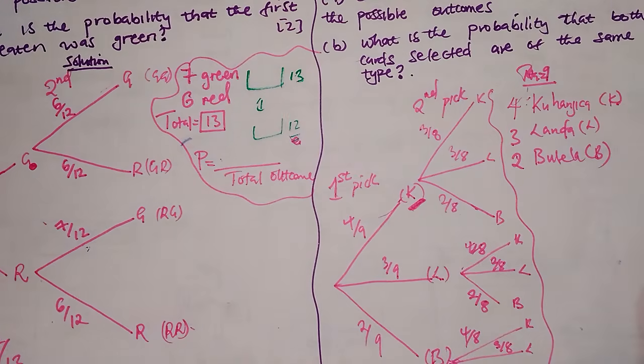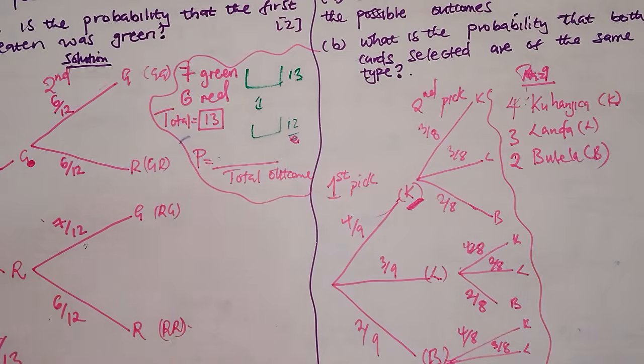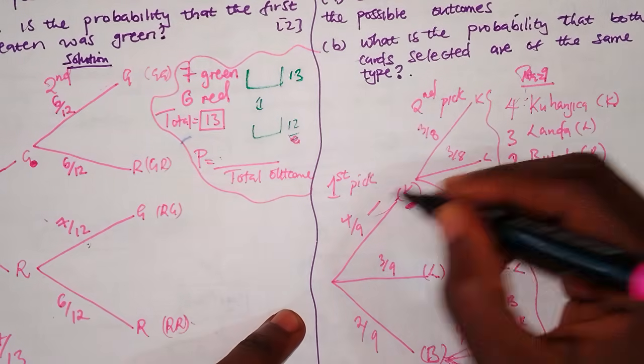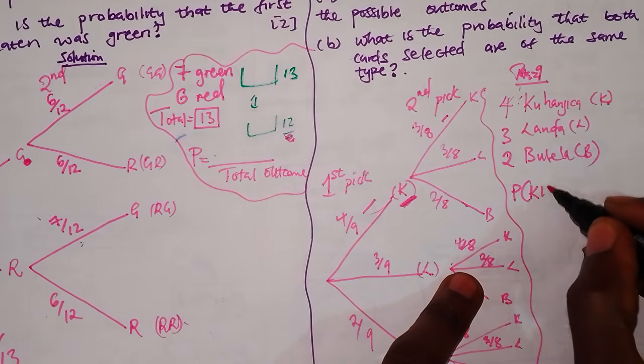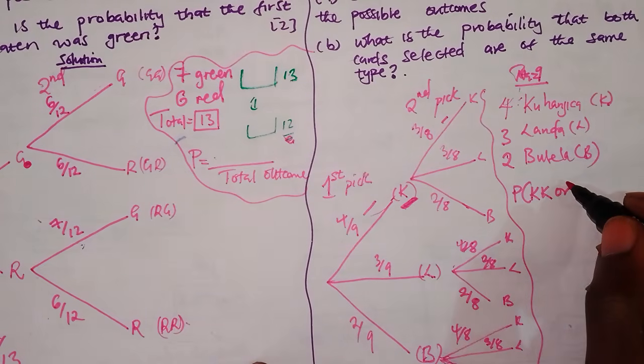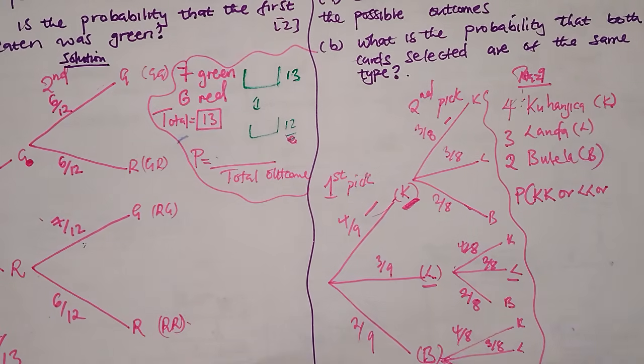But moving on to our next question here. So here they're asking us, what is the probability that both cards selected are of the same type? What is the probability of both cards selected being of the same type? So meaning you go where you have same type. So what are the same types? So we have K. So you say probability of picking K, or what is the other probability? L, or what is the other probability? B,